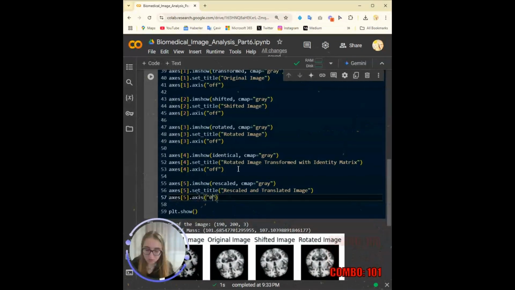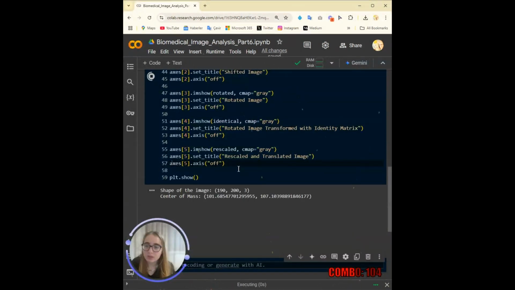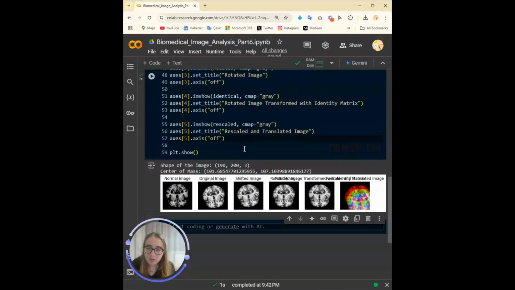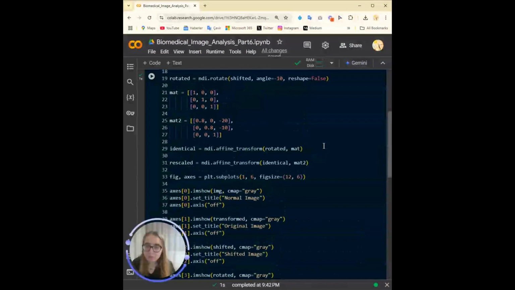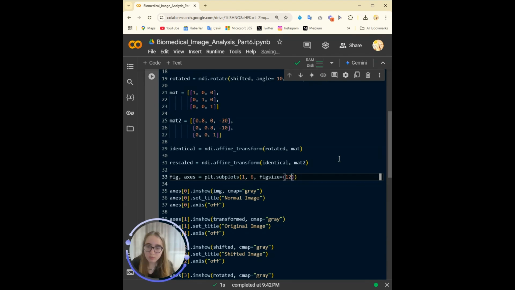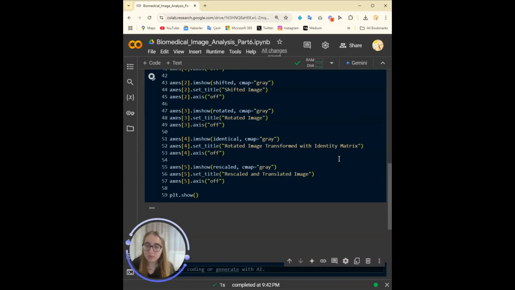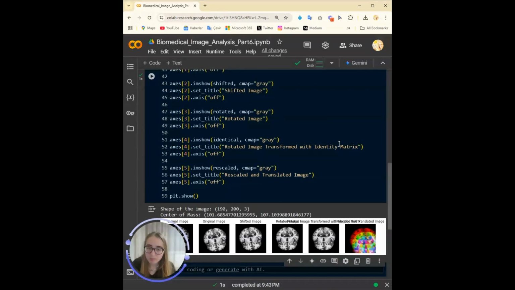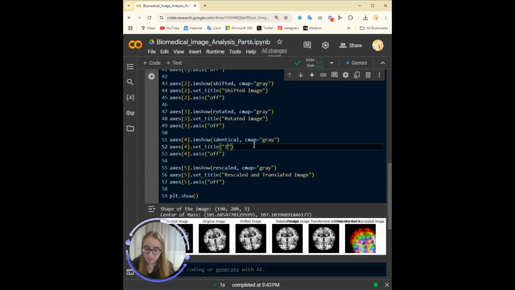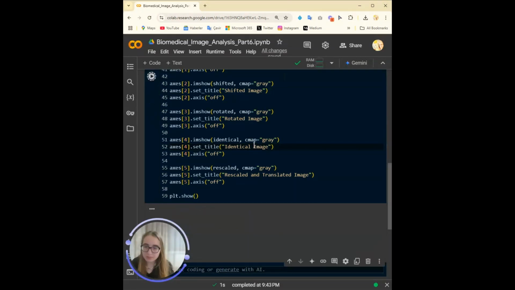Now let's see. Here you can see the, should we make 15 by 12? Oh, still, I can say an identical image because you know it.